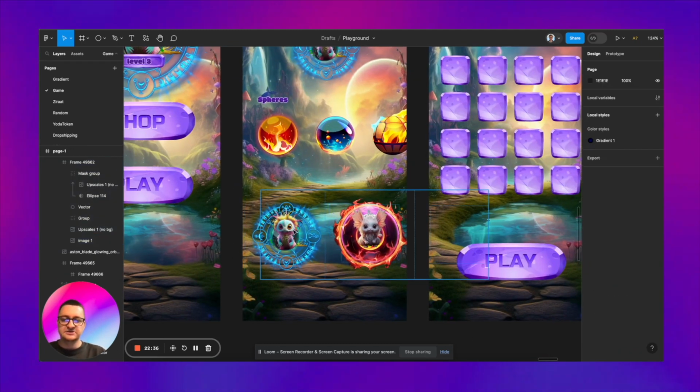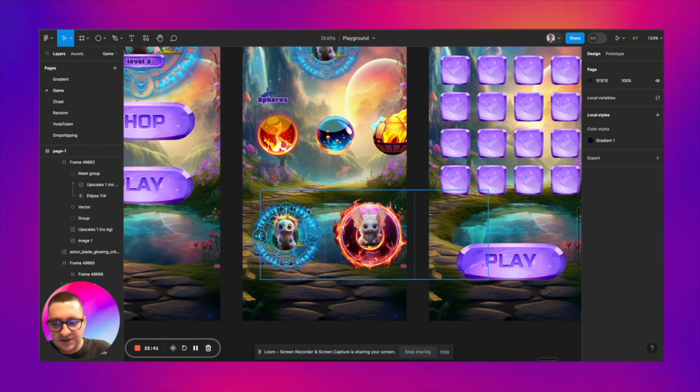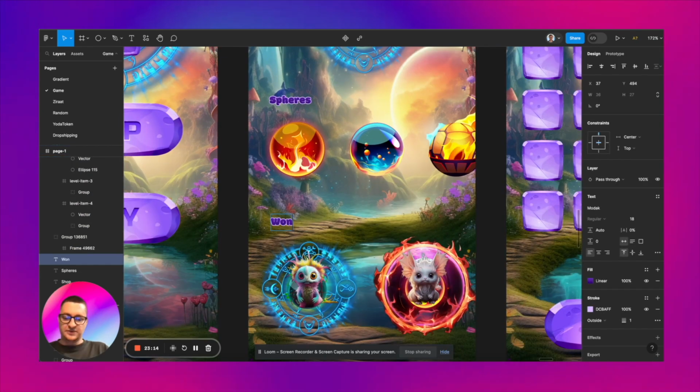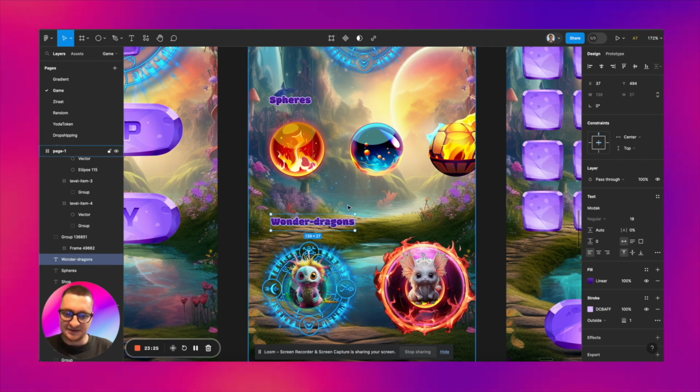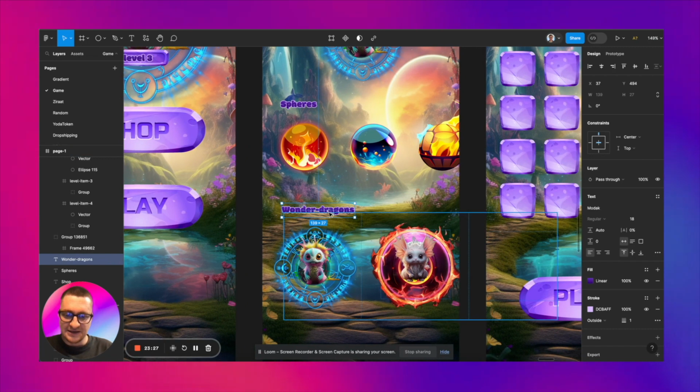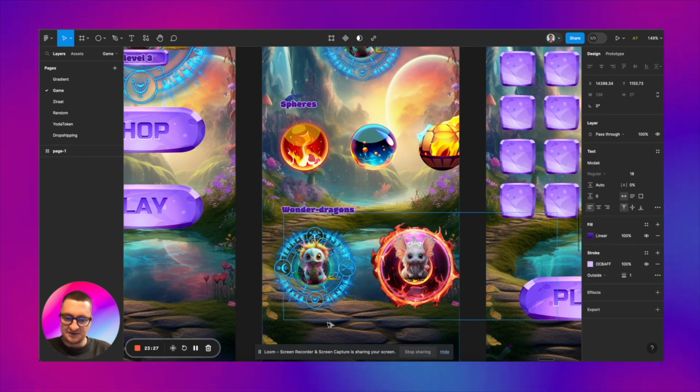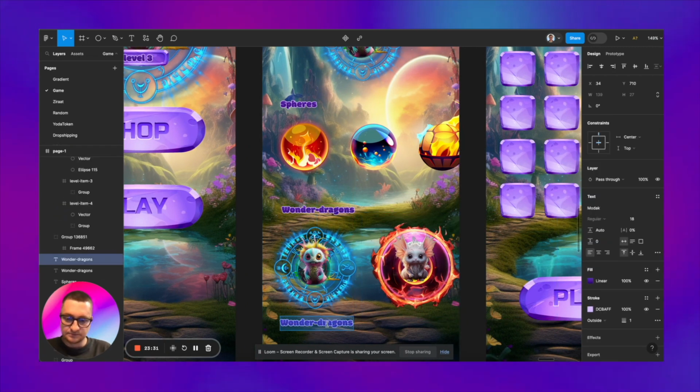So based on the sizing, maybe we can see only two of them now, but user can scroll. Wonder Dragons. Okay, and each of them might have a name, right? And the price. So for example, this is gonna be,